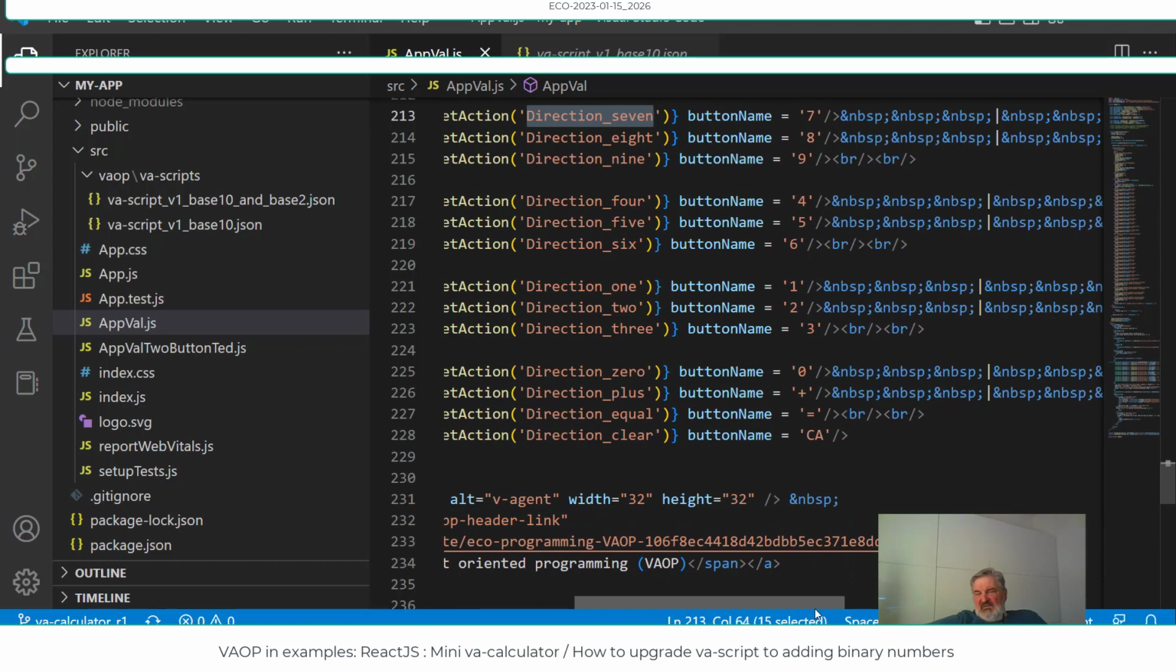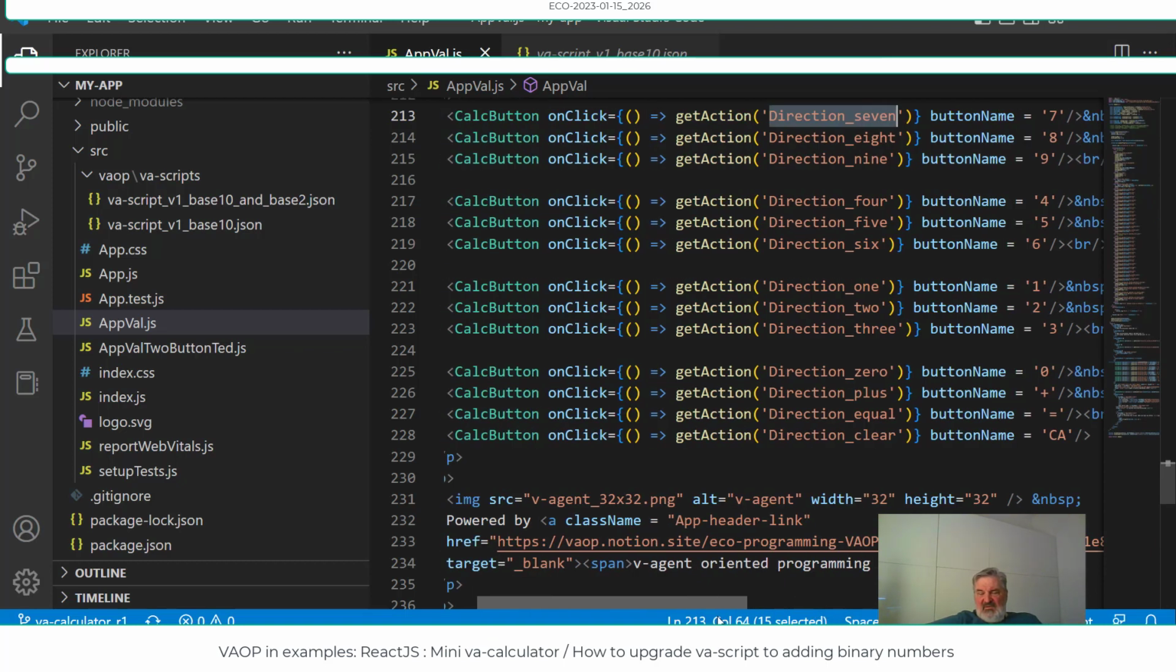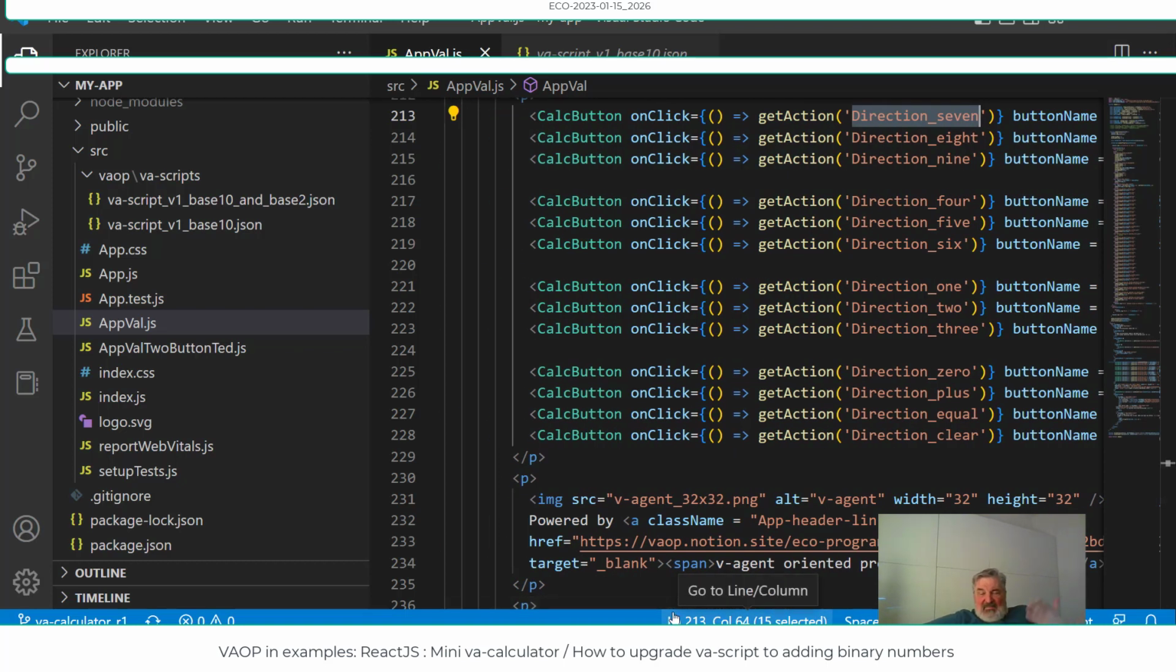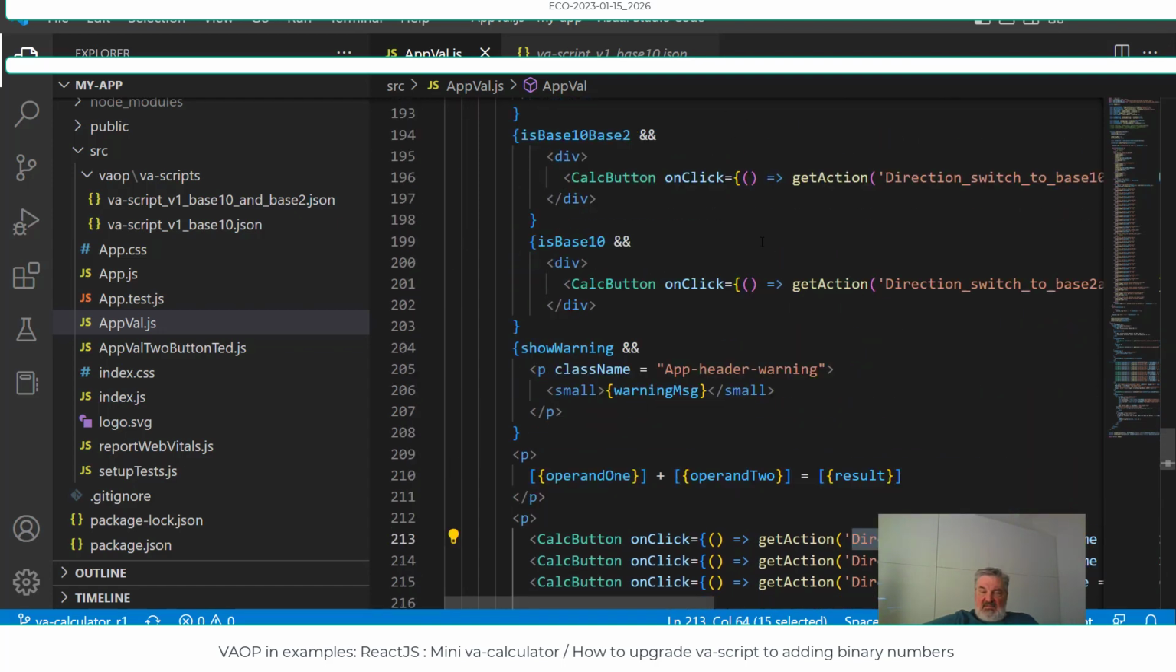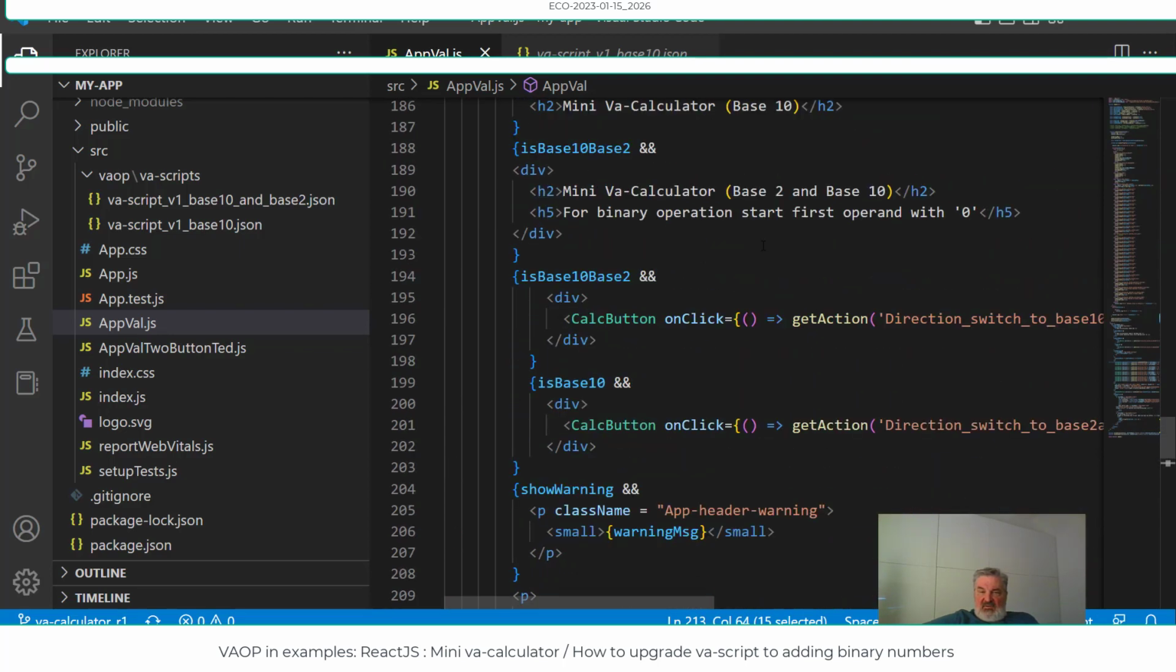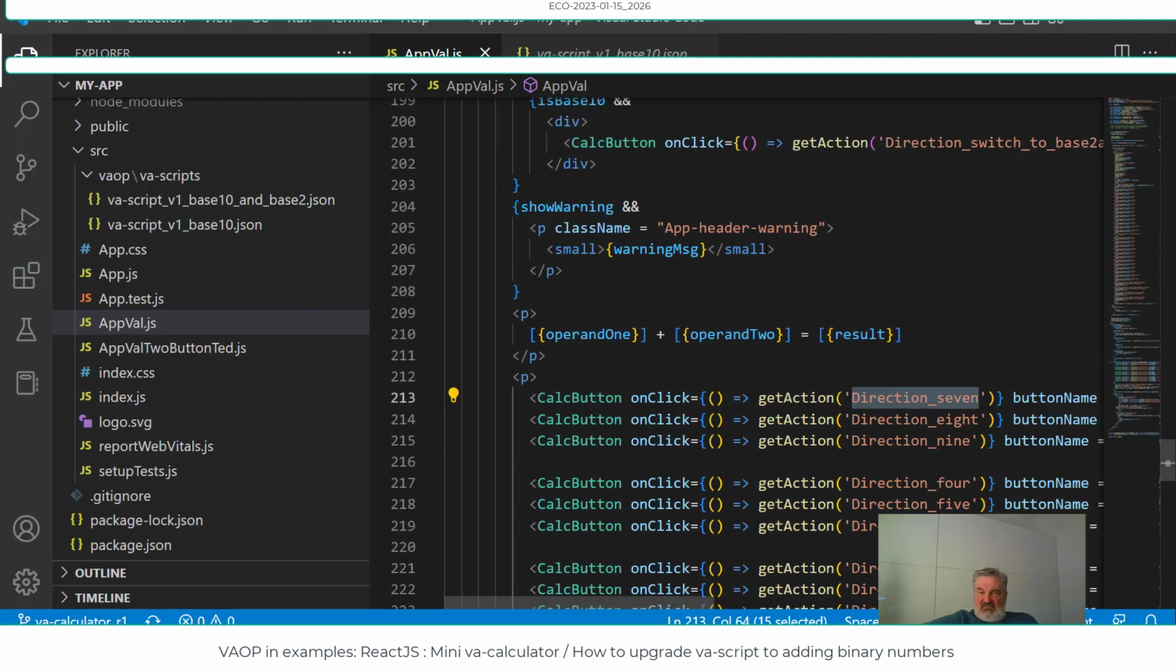And waiting, do some action and waiting for the next direction. Maybe we can change some UI, make a button a different color, something like this. Change layout, but logic cannot change. So